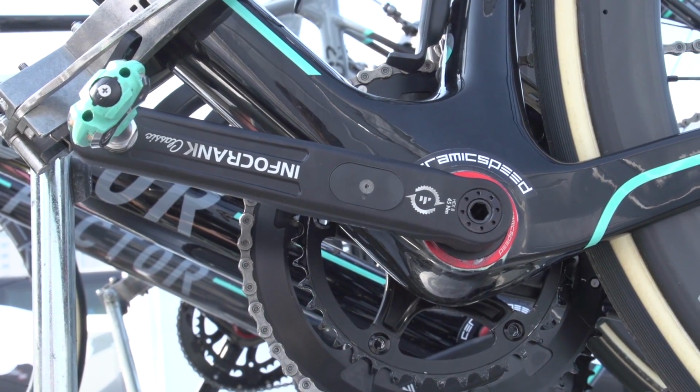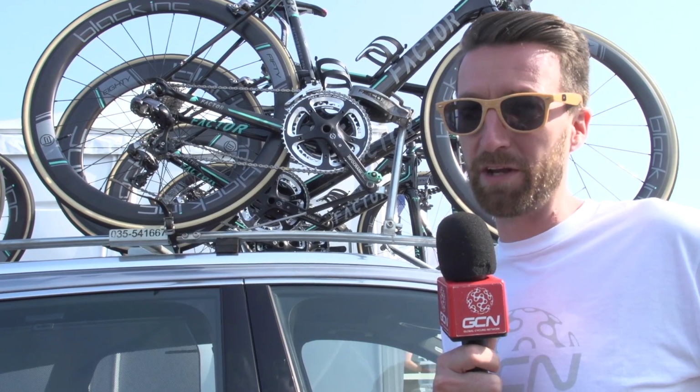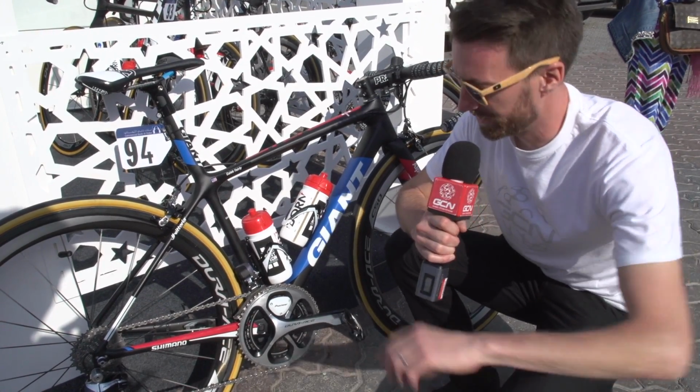Now, it measures both left and right power with two separate batteries within the crank, and if one battery dies, it simply reverts to the other one and doubles it. So if you get caught out on a ride, you can still get some good power data. One power meter which we did see